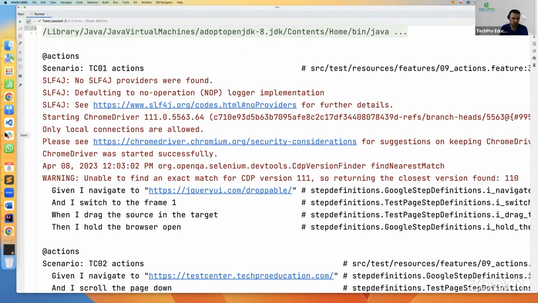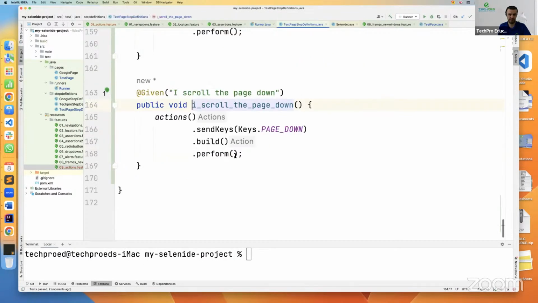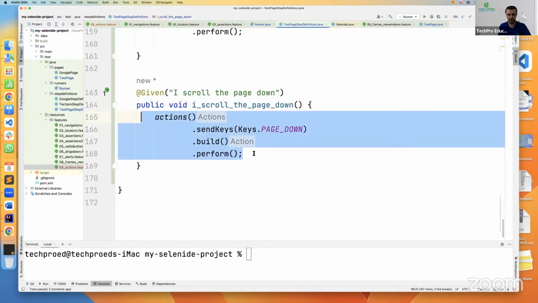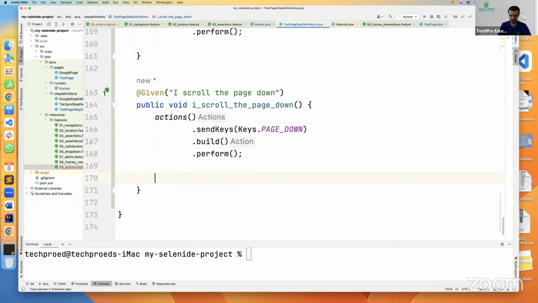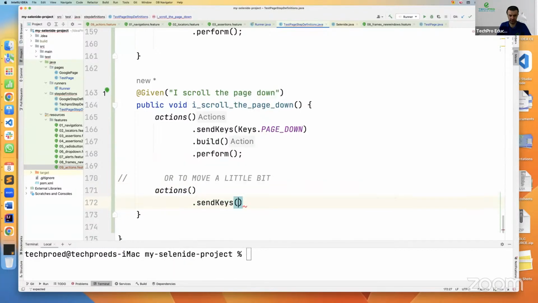Also, we can use arrow down as well. Let's quickly also add it. Okay, page down. Or to move a little bit, like less, we use actions dot send keys dot